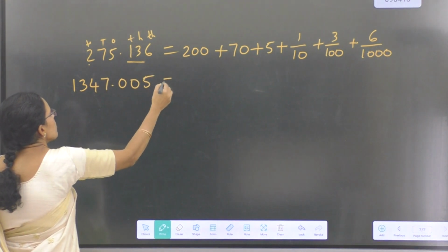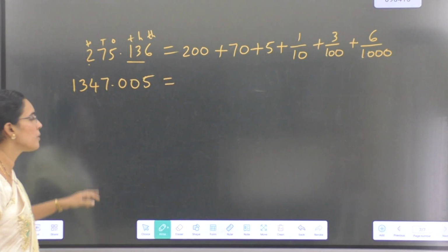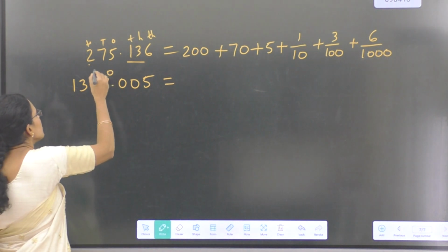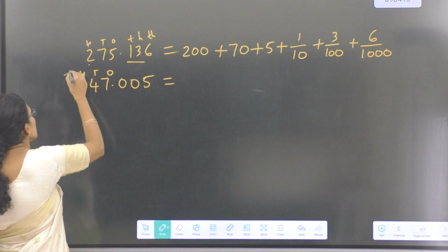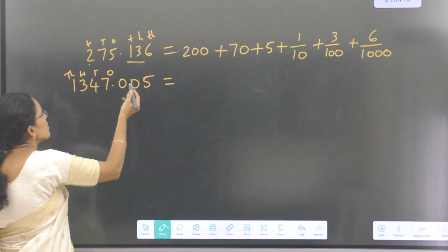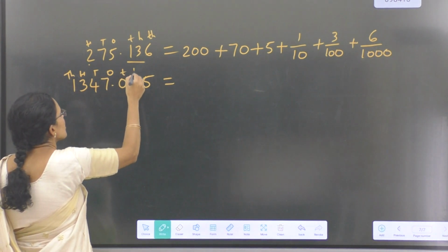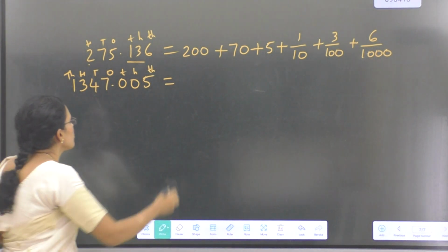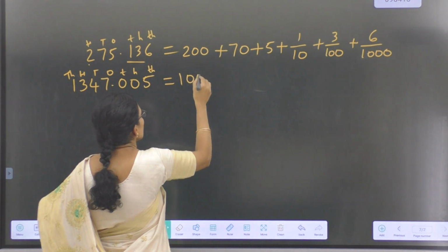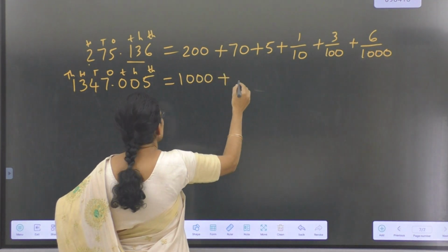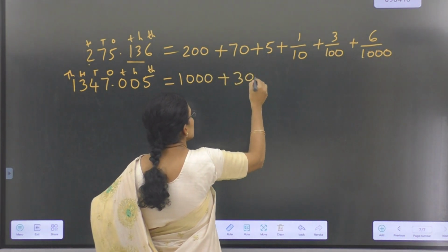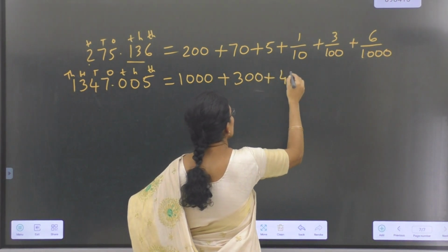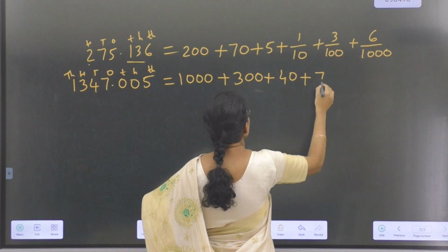1347.005. Tell me the expanded form of this number. One is there in thousands place. It is ones, tens, hundreds, thousands. After the decimal point, the tenths, hundredths, thousandths. Now one is there in thousands place. It is 1000 plus 3 in hundreds place, 300 plus 4 in tens place, 40 plus 7 in ones place,